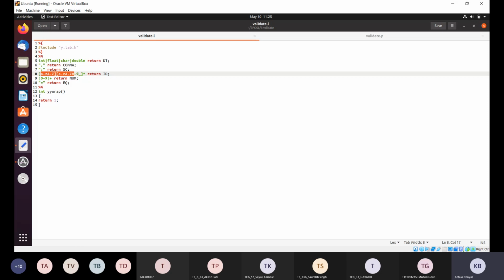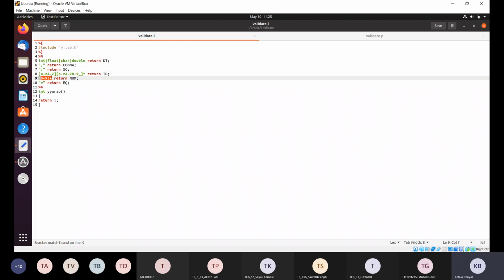Then this is the regular expression for the name of the variable, as the name of the variable should always start with either a small or capital letter followed by small or capital letters or digits. There can be numbers also, small letters, capital letters, anything is allowed, and its occurrence, that is star. So this is the regular expression that represents the name of a variable. This I have explained in the last session itself. If you get a variable name which follows this regular expression, then you have to return id. Okay, now this id means the name of the variable.